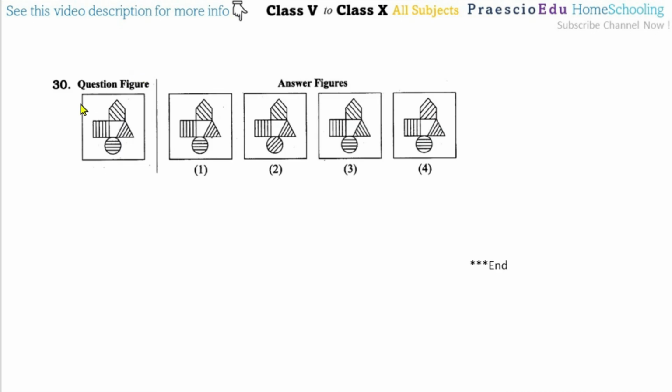Then question number 30. This has a square, then pentagon, triangle and circle. If you consider the lines, their directions are different here, so this is incorrect. Then in the triangles, these lines are different, so this is the main difference. And in the circles, these lines are horizontal, but here they are somewhat inclined, so this is the main difference. So options number 2, 3 and 4 are incorrect. Option number 1 is perfectly similar for this one.